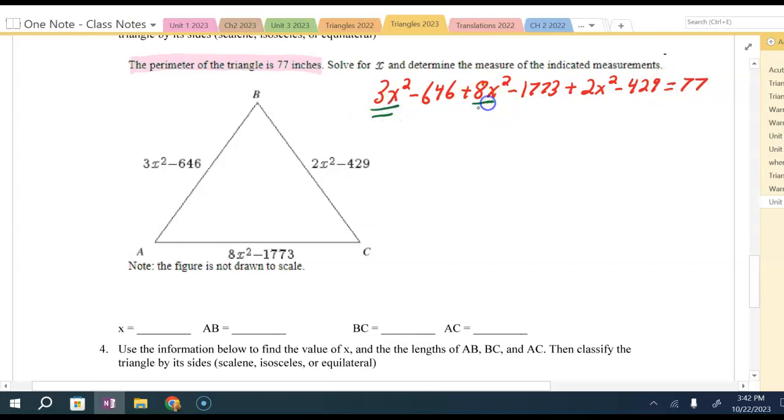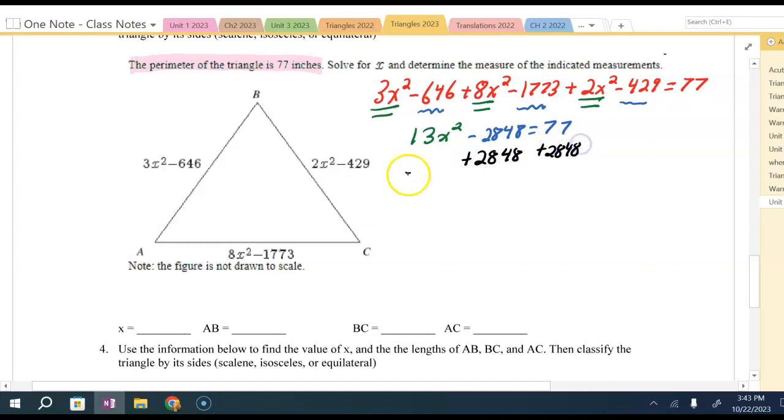When I combine the x's, I'm going to get 13x squared. I'm going to grab my calculator and add those numbers up. So negative 646 minus 1773 minus 429. That's going to be a large number, so you're going to get negative 2848 is equal to 77. You're going to add 2848 to both sides. So you get 13x squared